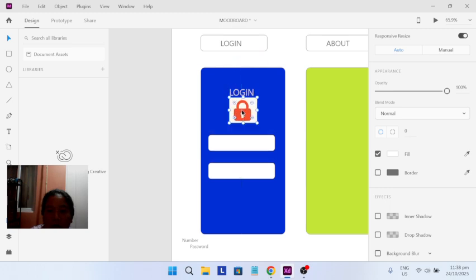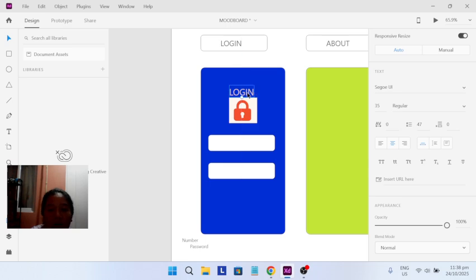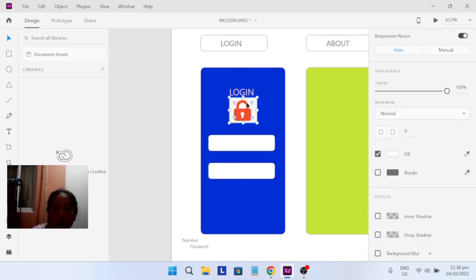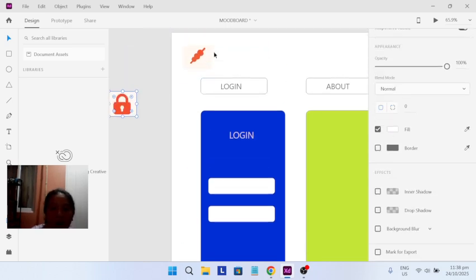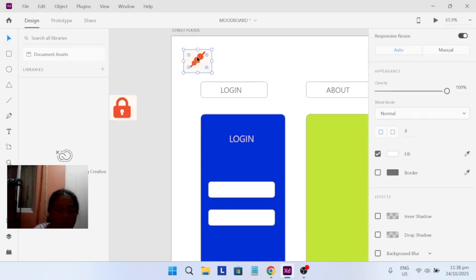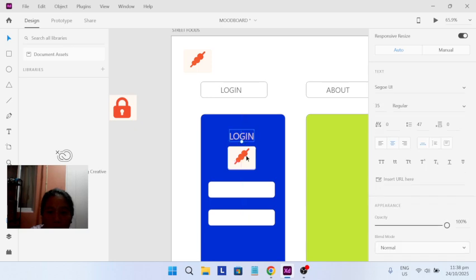Then put it here. I know, let's not use this. We will use this in the login so they can see kung ano yung purpose, kung ano yung nandito.